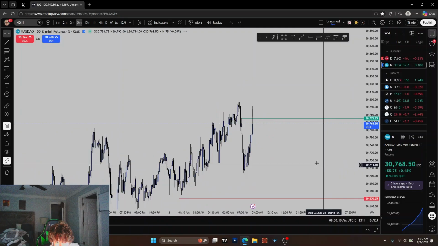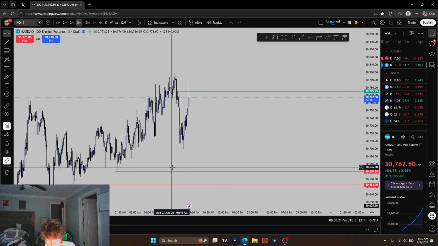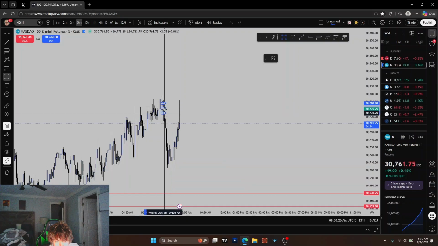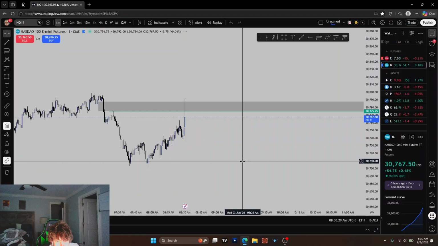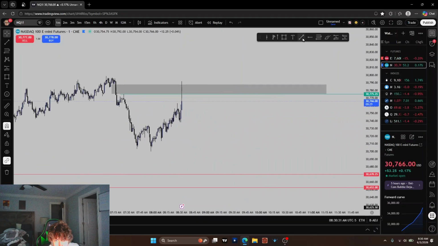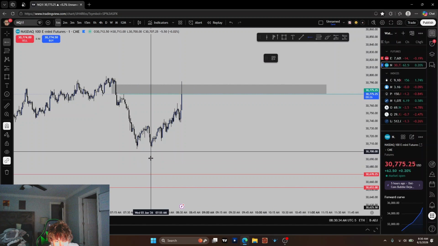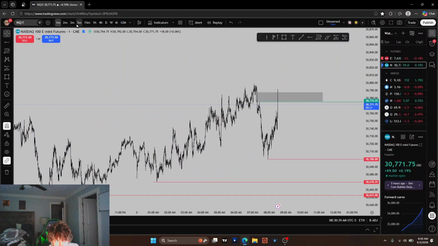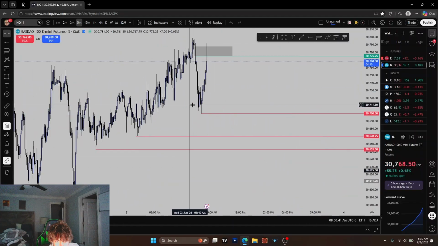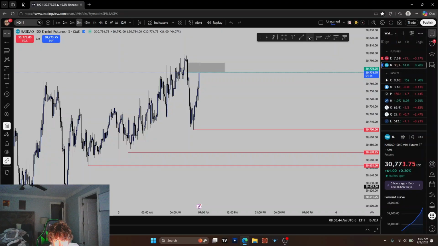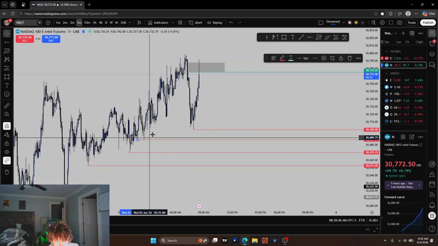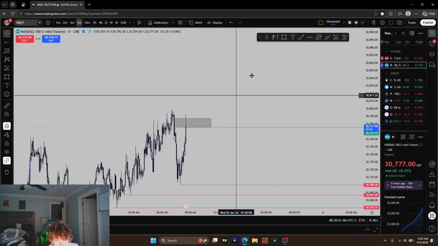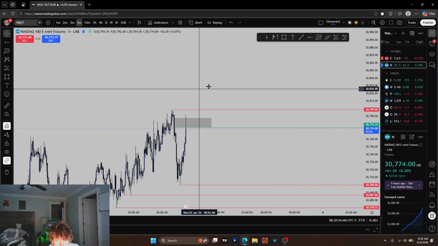I'm definitely looking for us to come down to these lows, which we'll see if we hold this gap right here. The reason being is because we have a lot of built up trend line liquidity down here. As you guys can see, look how it's kind of built like a trend line, where we got these right here. These equal lows are a good target. Yeah, this low, but we may just completely skyrocket. We'll see. I don't know.